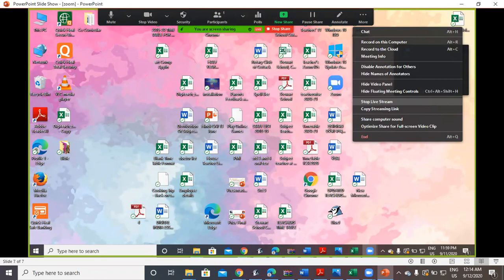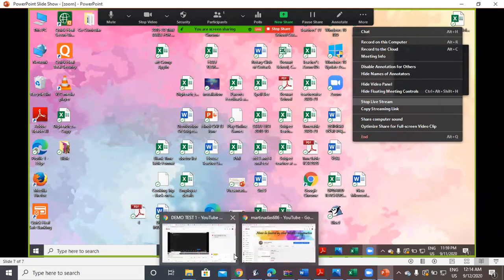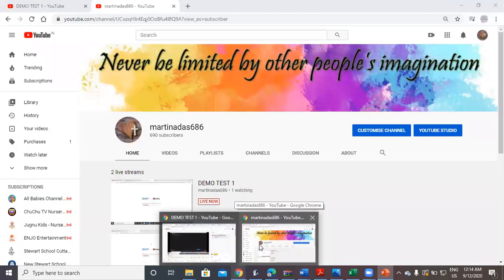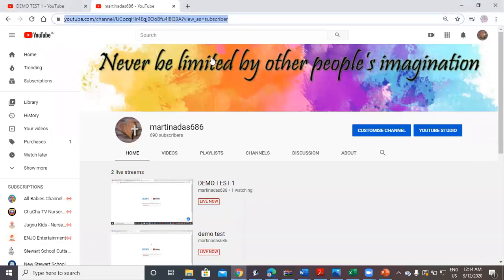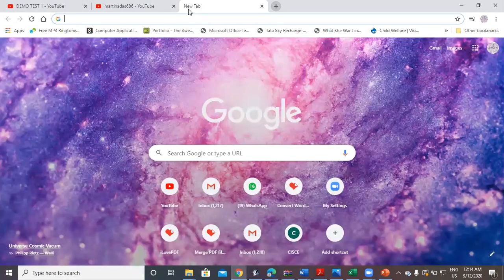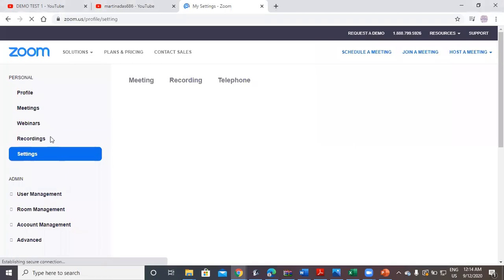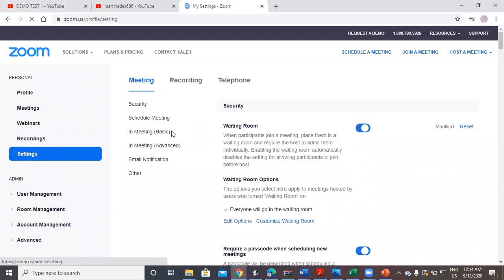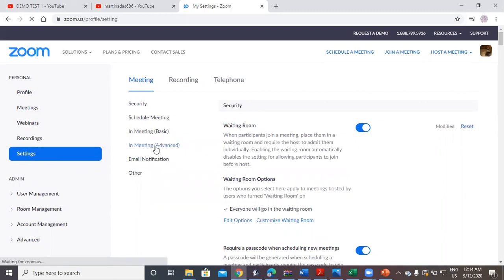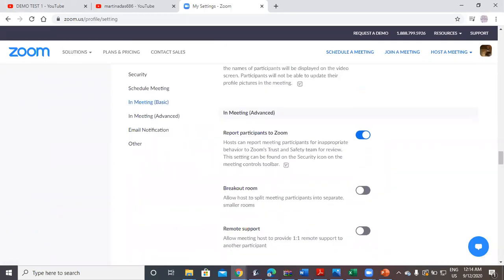So this is how you can do the live streaming of your meetings or recordings from your Zoom in YouTube. So first it's essential that you go for the settings. You need to do that setting, because this is only available in the license version. So you need to have a license Zoom ID. If you have a license Zoom ID, then you can go for the meeting setting. In the meeting setting, you can see zoom.us profile setting. When you click over there, you need to go for the setting option. In the setting option, go to in meeting advanced. In meeting advanced, you scroll down,